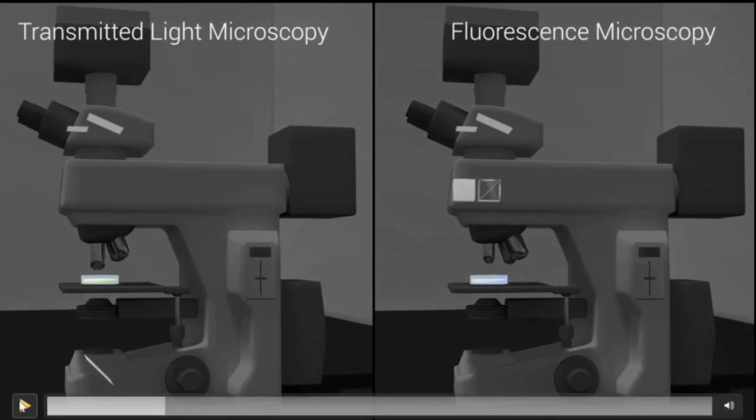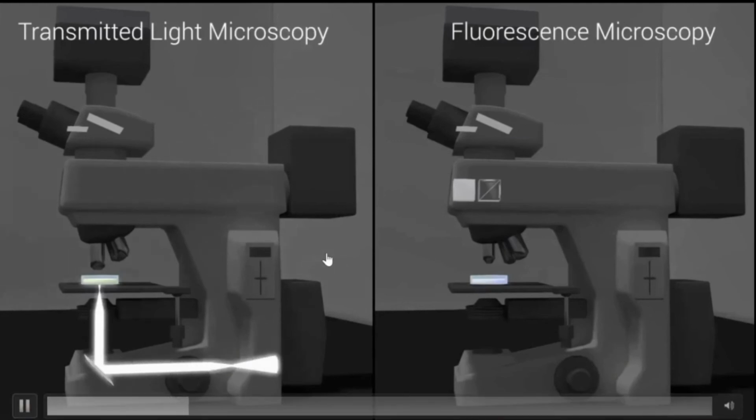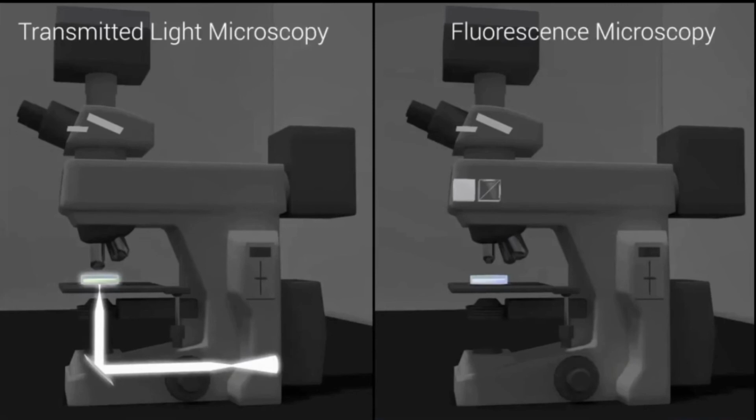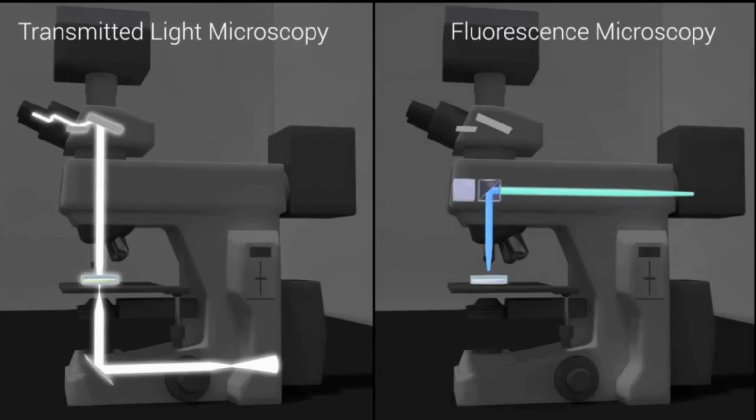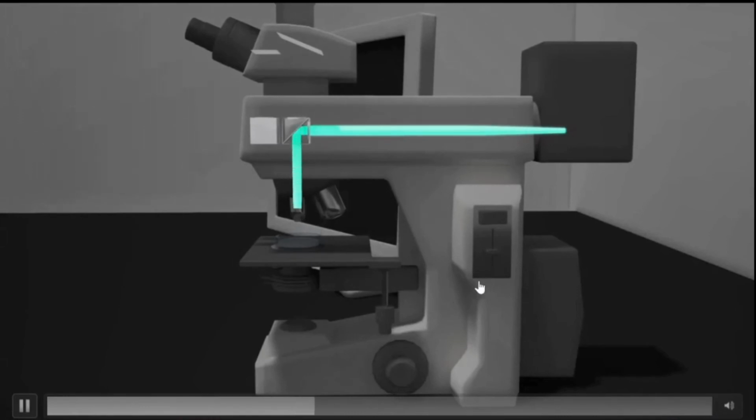So let's see that. In the basic light microscope that we illustrated in the microscopy experimental technique animation, instead of the light being transmitted through the sample, as in a simple bright field-based light microscope, the fluorescence microscope uses incident or reflected light. From the laser light source, the excitation laser beam travels through the filter cube, which is used to provide the appropriate wavelength of light to excite the fluorescent molecules or fluorophores used in the sample, then through the objective to focus the laser light on the sample. The light emitted from the sample.